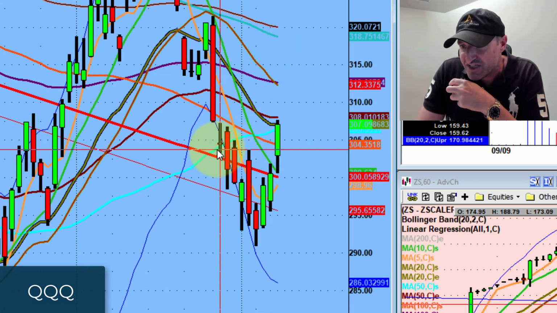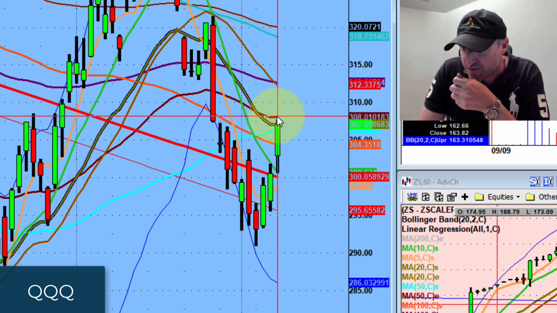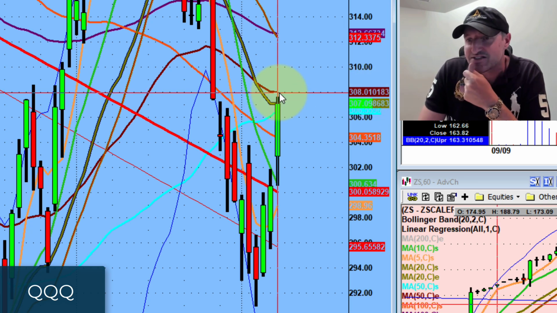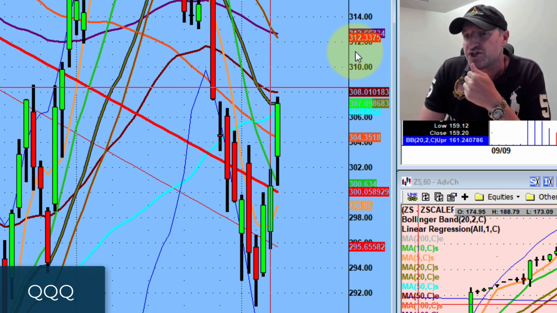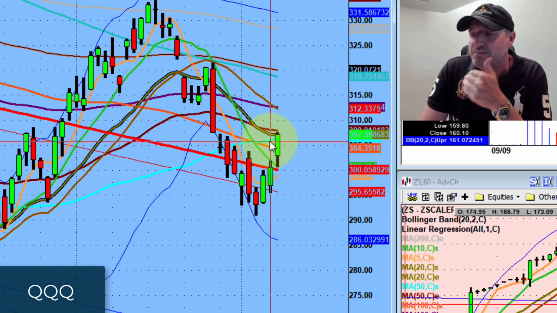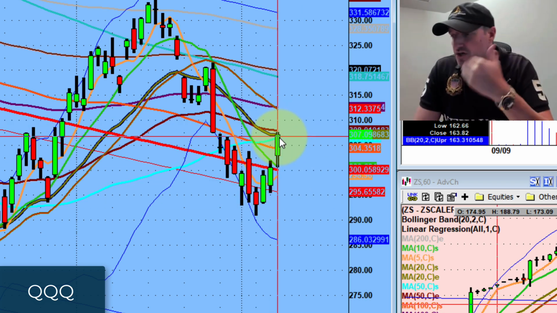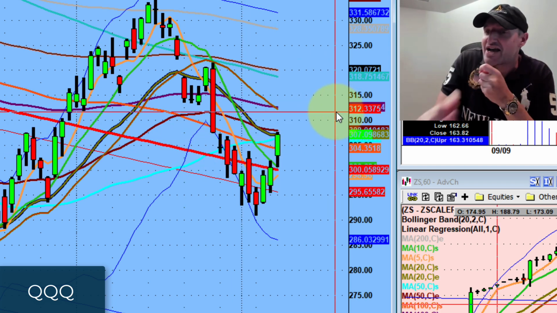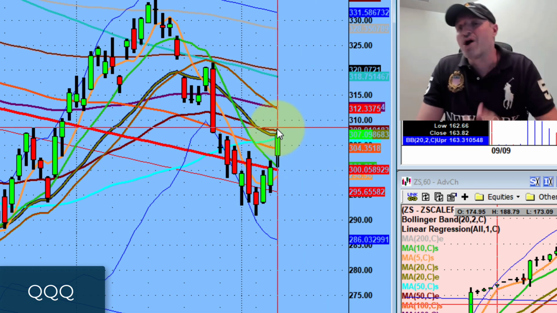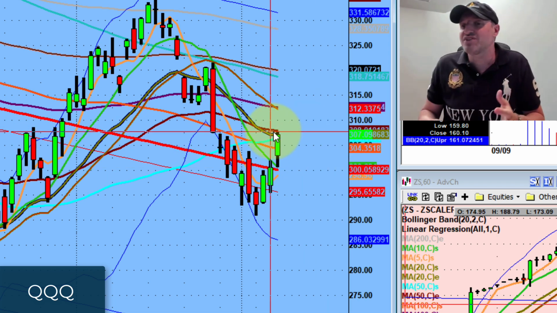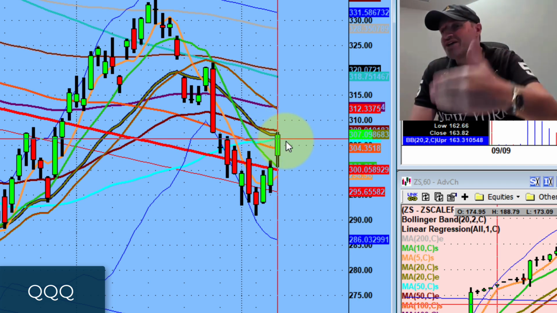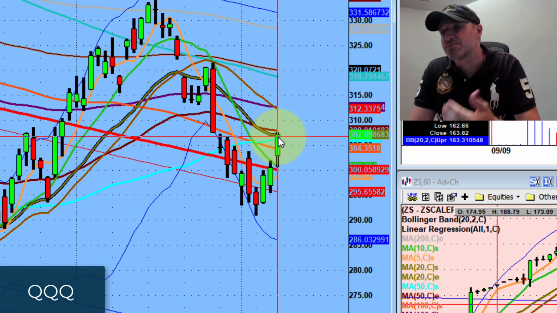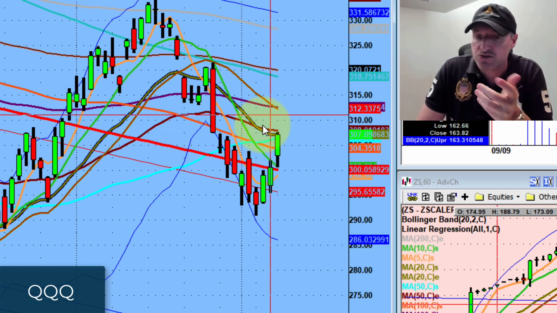So the Qs are above the 50-day, and there is supply here at 308. Everybody see that, right? There's supply here at 308. Let me just stretch this out. You can see this 308 little area, right? That's the 20-day supply. So for the Qs to stretch and for this market to be meaningful, we need to build a close, right? Build price action. A lot of new traders ask, what does build mean? It's price action off that level. So if the Qs want to rally, if this market has any type of legs, we have to start building. The price action has to start putting in a new base above 308 to get to the next supply zone, which is 312, which would be super bullish.